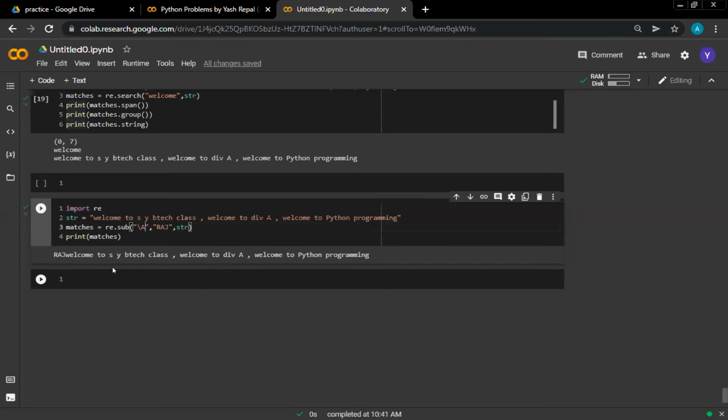You have to write something at the end of the string here. That match will be there. You have to do just that first program that I told you. You have to make changes in that only. Okay, good.